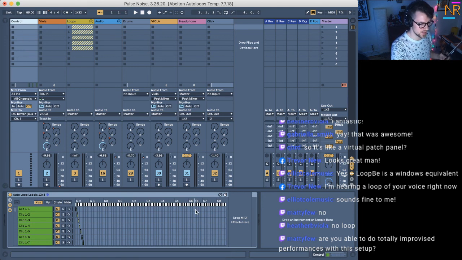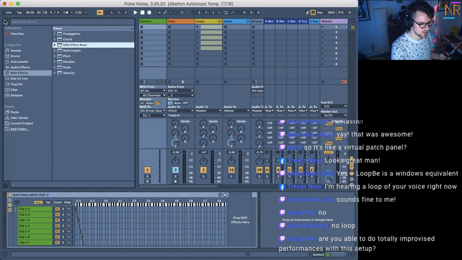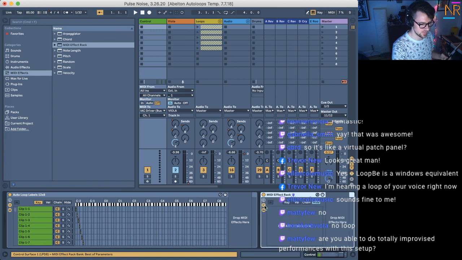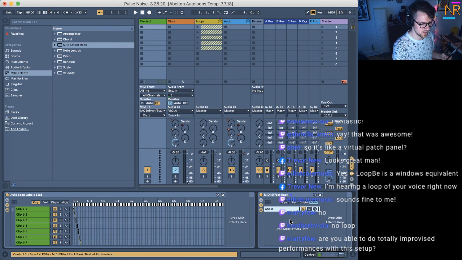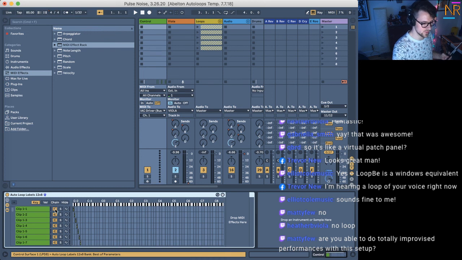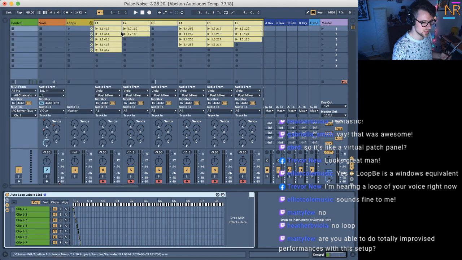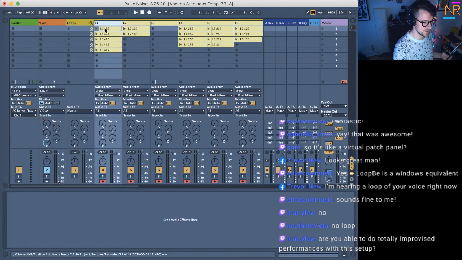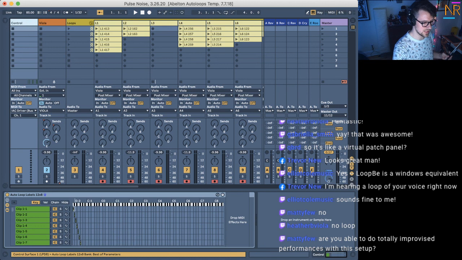This is just a MIDI effect rack with a bunch of chains added. I could just drag this in right here, expand it, and create a chain. I don't really want to make this over again. I have a template, so I never have to do this over again. But every one of these channels and clip slots is linked to a note right here in this